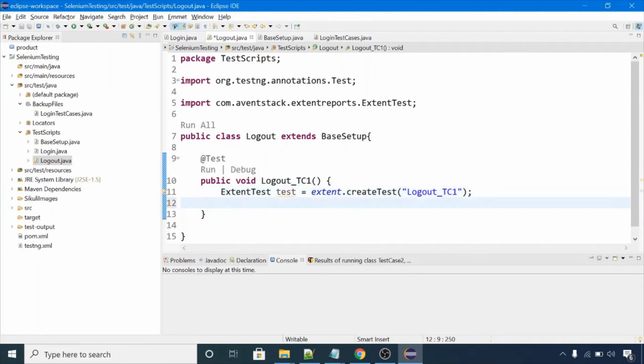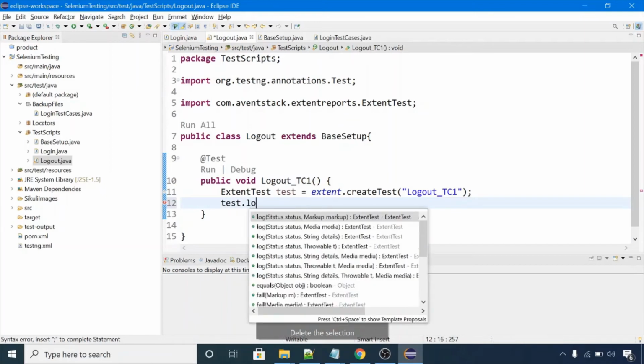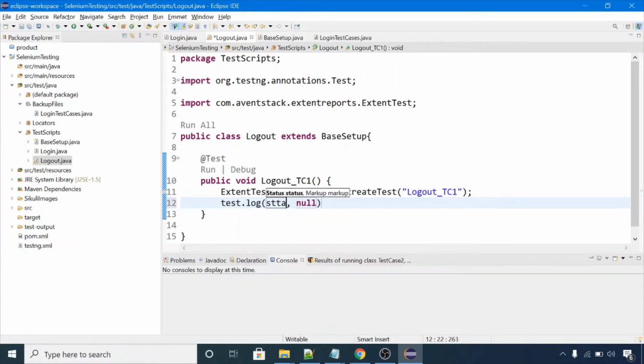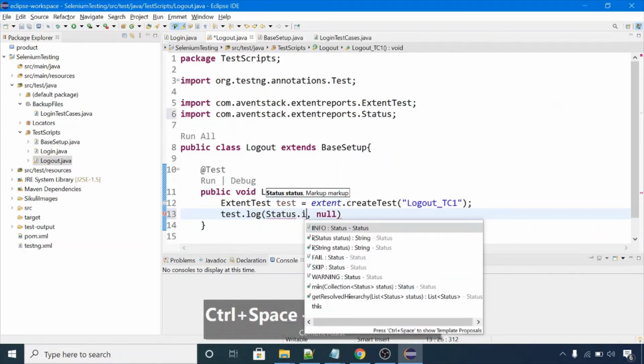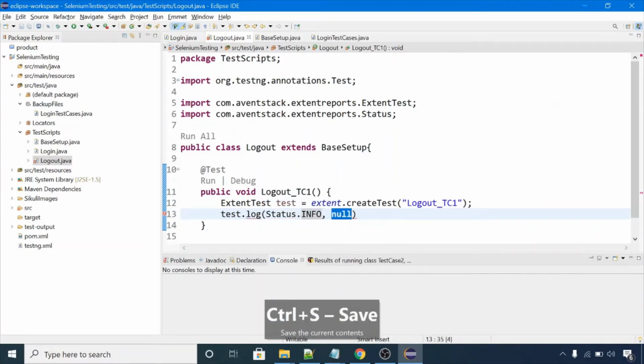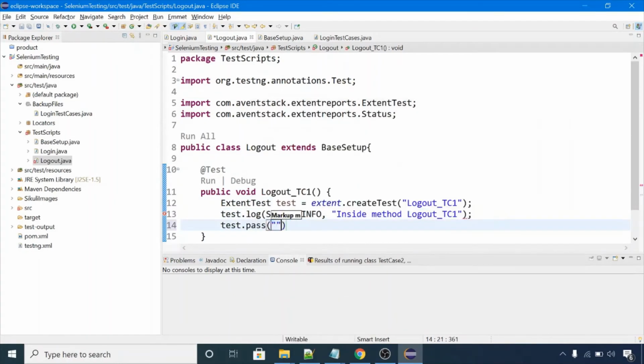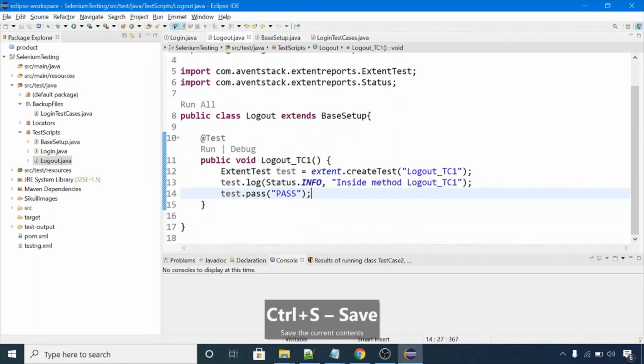And we'll use test.log, or you can directly use test.info also, status, and you can pass info inside the method and pass this method name, and you can just use test.pass.